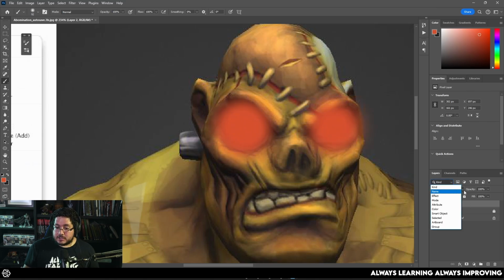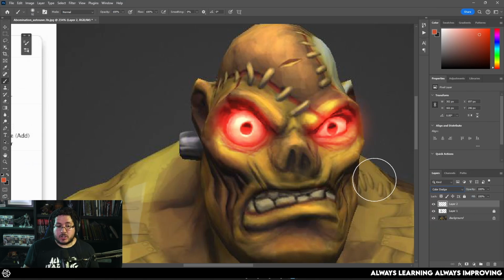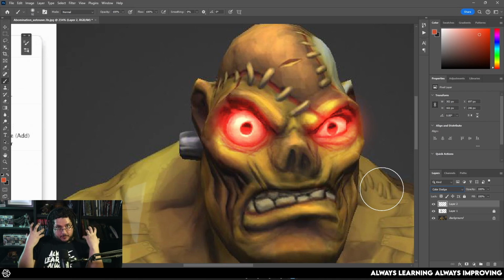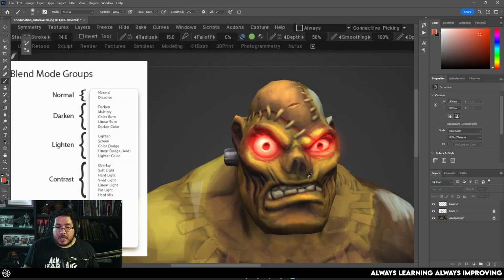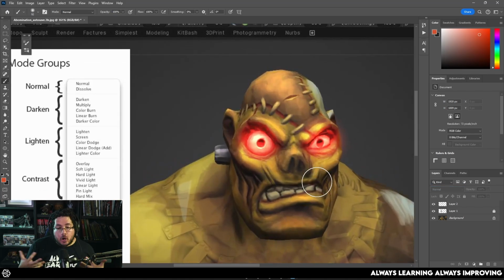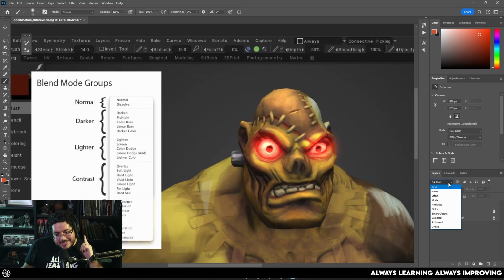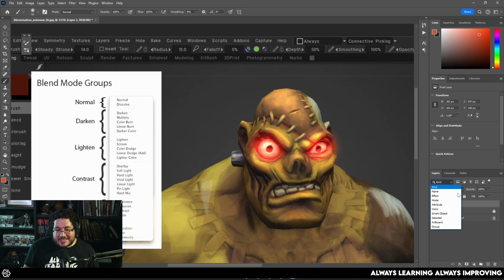Okay, and if I just set this to Color Dodge, as you can see, I'm going to get the whites from underneath. So the whitest pixels are going to be punching through, and we're going to blend them with whatever color we're adding on top. So anytime you want something that glows or that keeps all of the highlights from the underlying layers, Color Dodge is really good. Which is similar to Linear Dodge, but it's not the same.